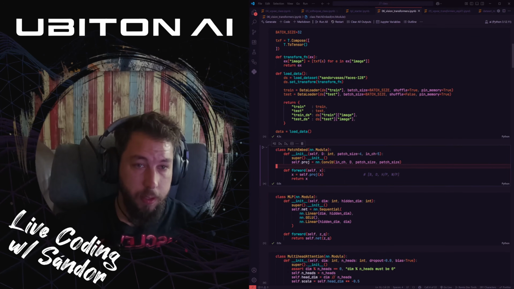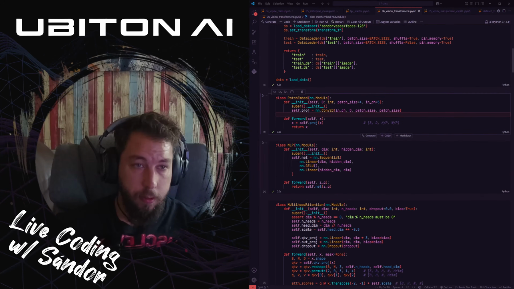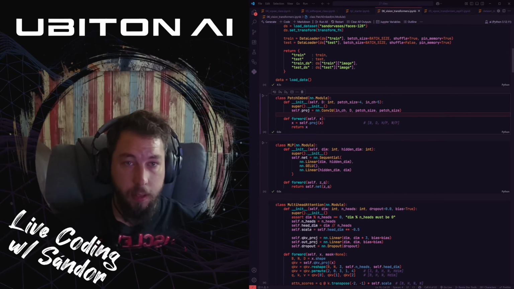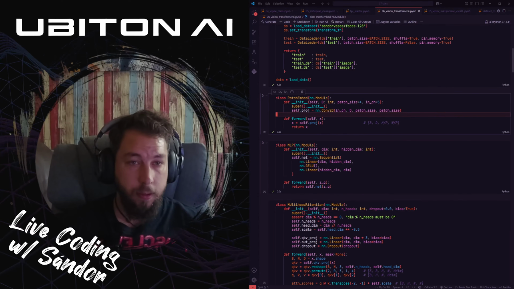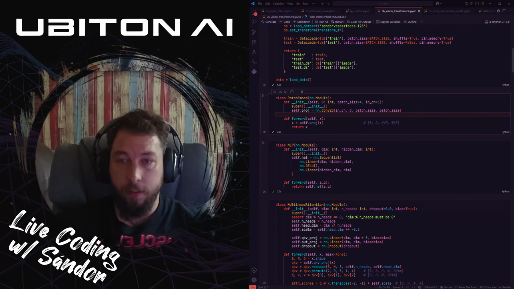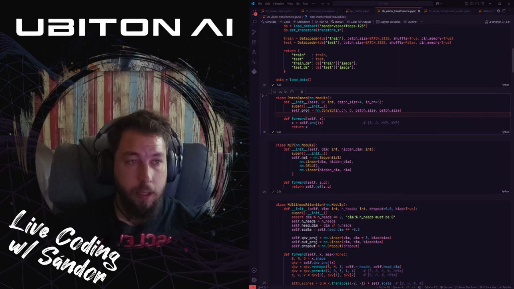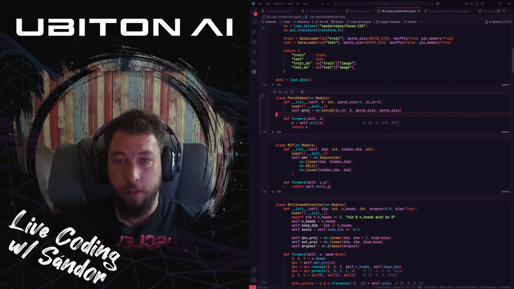Basically I'm using an encoder that feeds into a soft VQ-VAE with transformers, vision transformers, and then a convolutional decoder